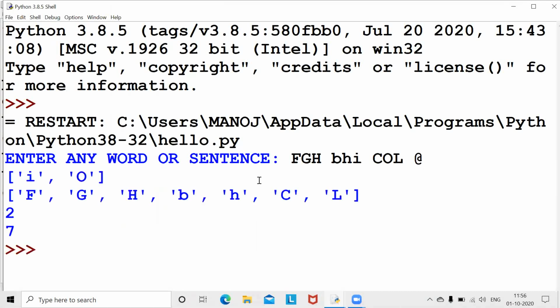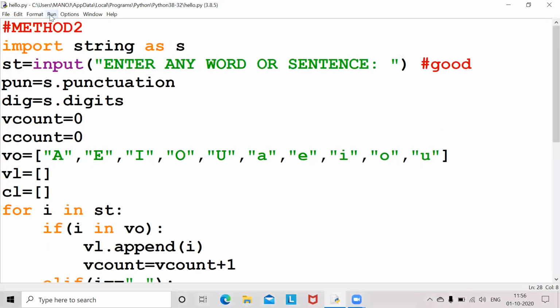Now let's check the output. See the output here, I and O are vowels and F, G, H, B, H, C, L are consonants. Number of vowels is 2, number of consonants is 7. Okay, here I used special characters.